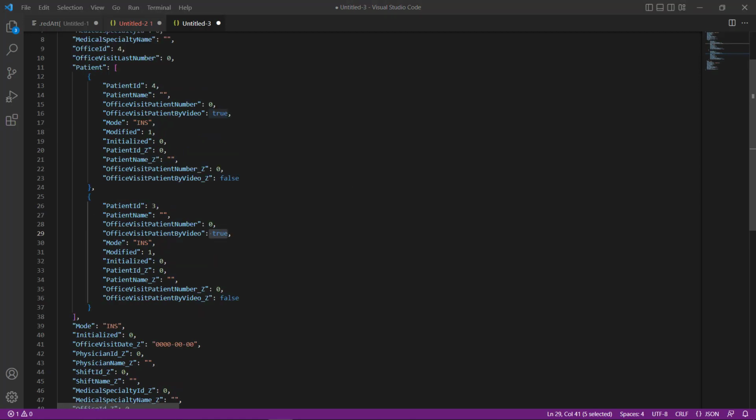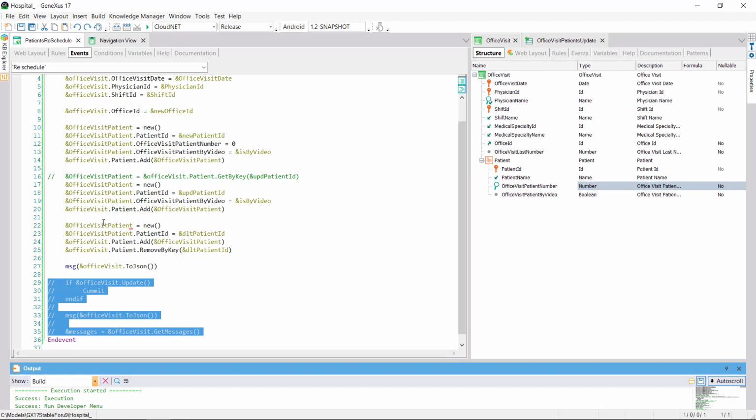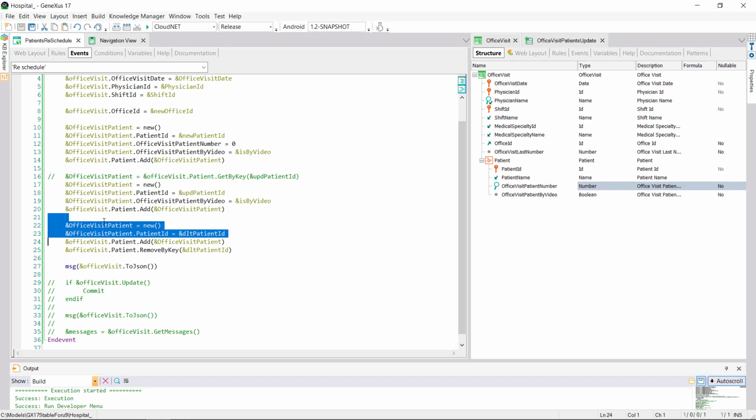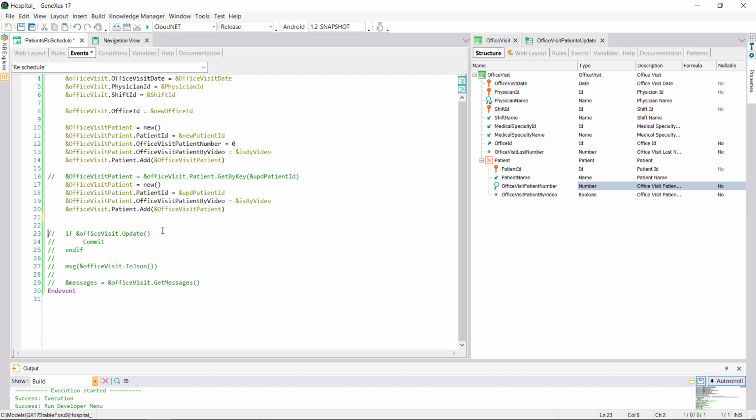It's absolutely clear that there's no news about the patient 6 we wanted to delete. That's because we cannot make the deletion when the variable is in insert mode. Therefore, let's delete all of this and leave this part for later. Let's delete this message we no longer need. Now we try to update, which, if successful, will perform the operations we've seen. In that case, we commit. Here, before making the commit, is when we have to delete the patient that we wanted to delete.